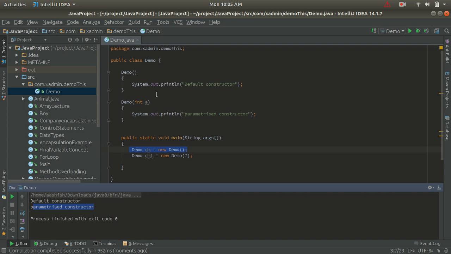And now we have to show you how to call the constructor with the help of this keyword.